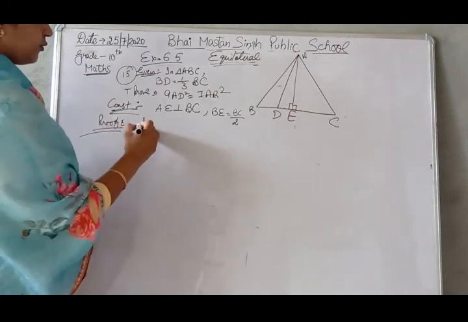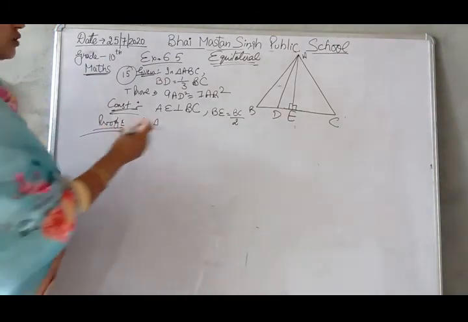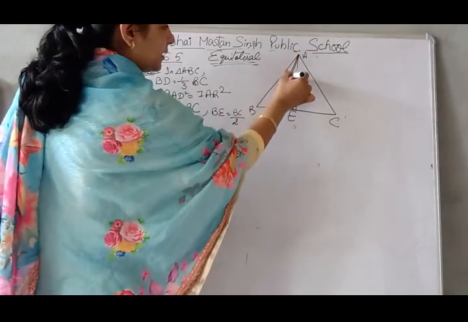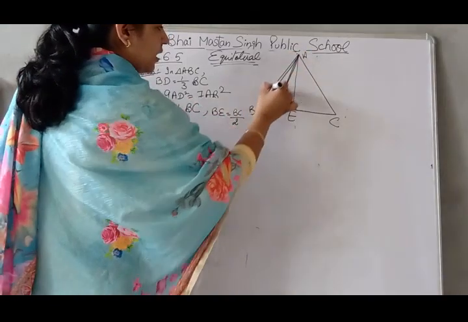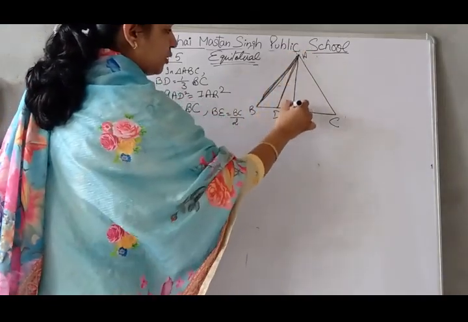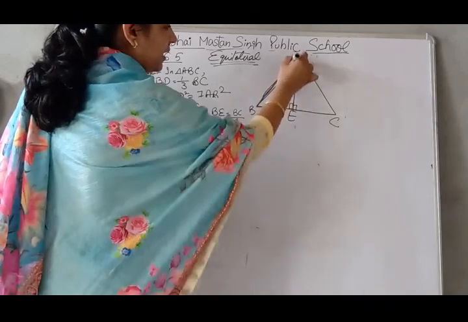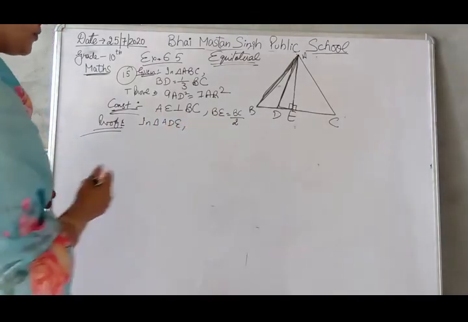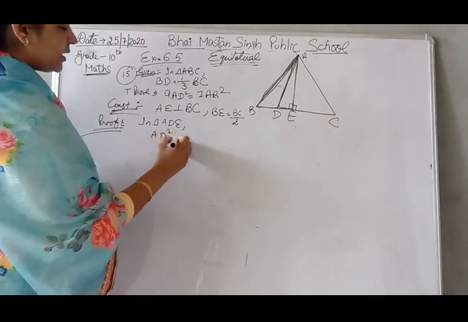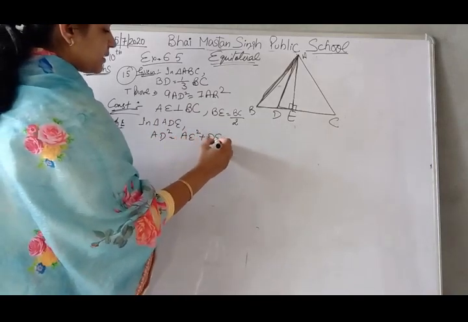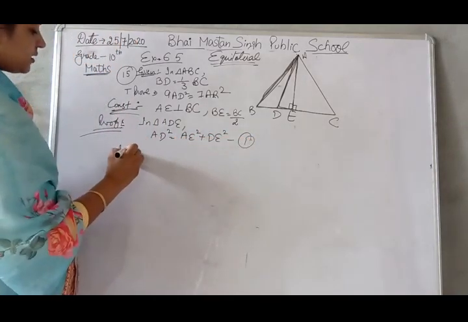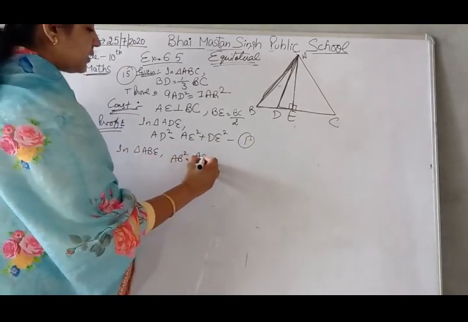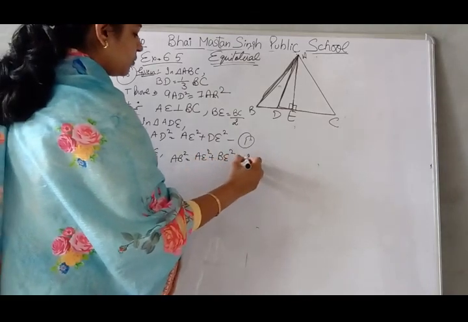Okay, proof. In triangle, which triangle I will take? It depends on the two proof side, AD square, AB square. It means I need square of this side and square of this side. If I want to apply Pythagoras, I need 90 angle also. So I will take ABE triangle and ADE triangle. So in triangle ADE, firstly I will take small triangle. So by Pythagoras, hypotenuse square, perpendicular square plus base square. This is equation number 1. Next triangle ABE. By Pythagoras, AB square is equal to AE square plus BE square, number 2.